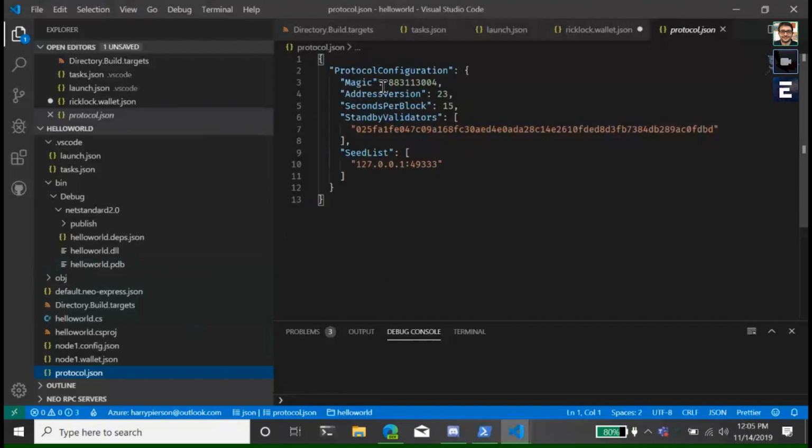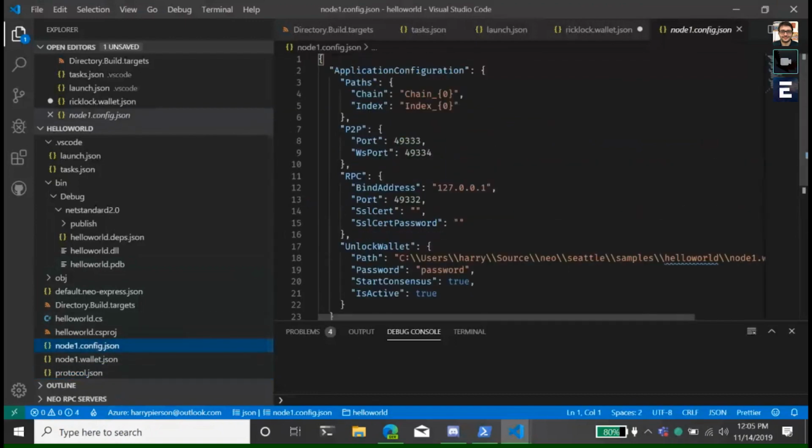Yes, but the question is, this is not enough to be a consensus node. For example, if they standby, no, this is not a consensus node, but this config file, this is. So if I want to run a consensus node with these wallets, I can do that. Now, the problem is as soon as you create